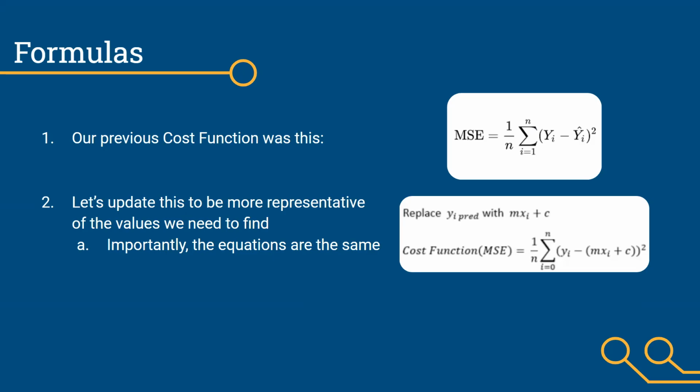Well, let's just change it a little bit. Remember, these are the exact same thing, right? Remember the formula for a line: y is equal to mx plus b. Well, if this is just that, we can plug that in right over here. And now, with our updated formula, we have a way to take this and get the individual pieces, the slope and the y-intercept, so we can now optimize for